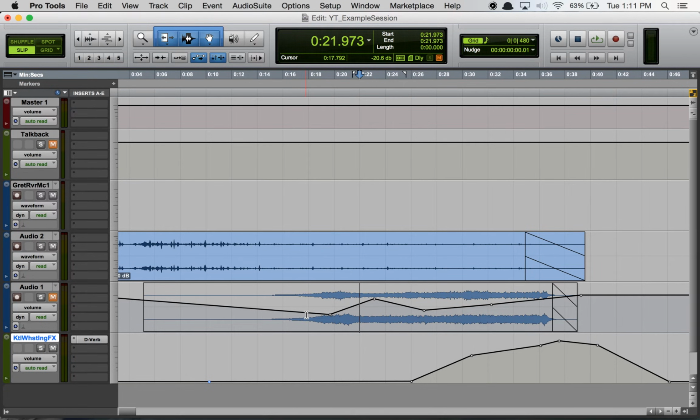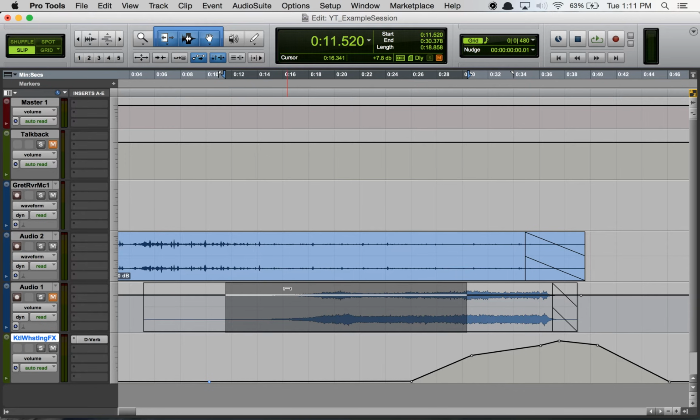Another thing that's kind of cool is you can still use the selector tool to highlight and then delete breakpoints, or you can use the trim tool. This one is kind of specific to the Smart Tool as well. So we're going to use the selector tool to highlight a section. And then if we hover over that, we see it activates that trim tool and we can now drag things down. It's also kind of fun because if I add a bunch of breakpoints and make some sort of pattern here with the volume, which is pretty common,